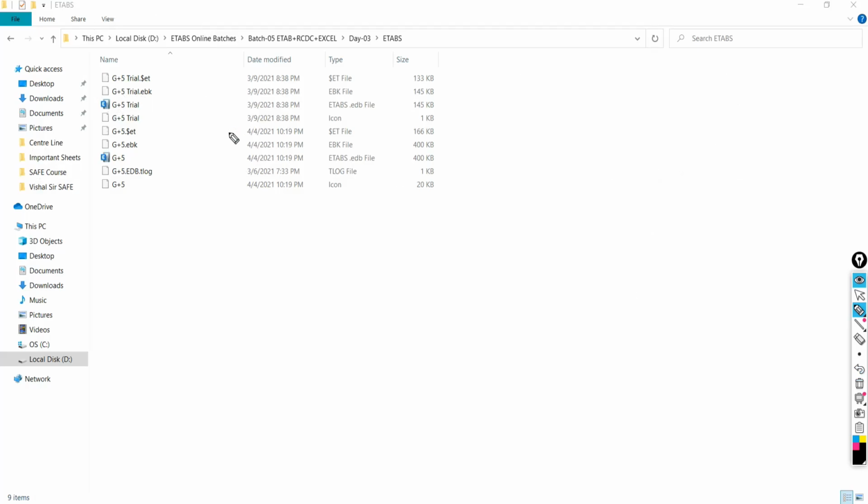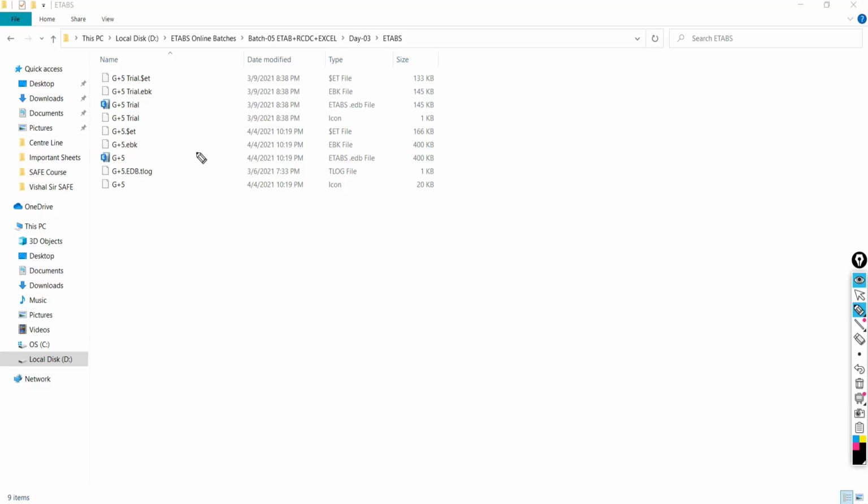So the basic thing is: opening a lower version file in a higher version is possible, but opening a higher version file in a lower version is not possible. Understood?